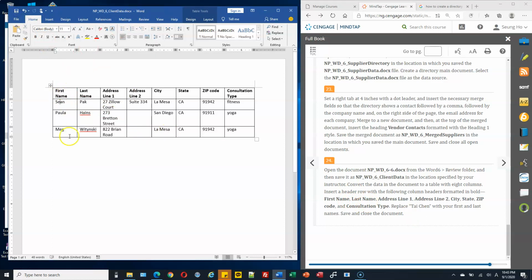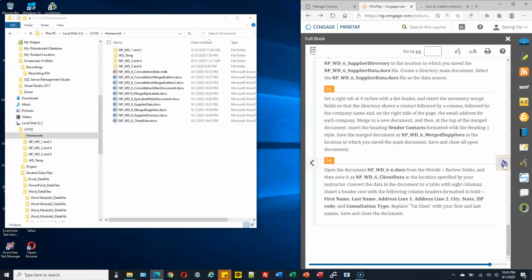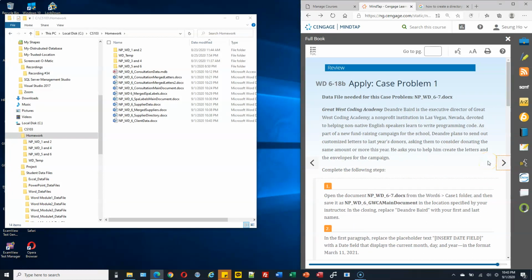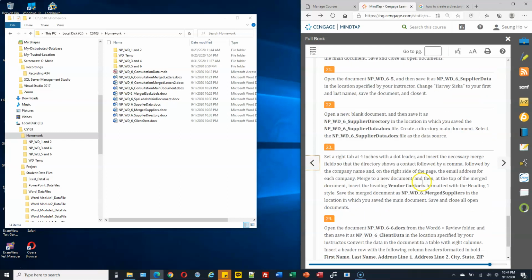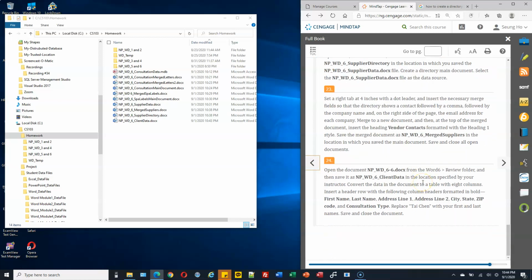So we must have 8 columns, and each column must have the appropriate information. Okay. All right. Then next is now save and close this Client Data. Wait a minute, are we done? Yes, we are done. Okay,